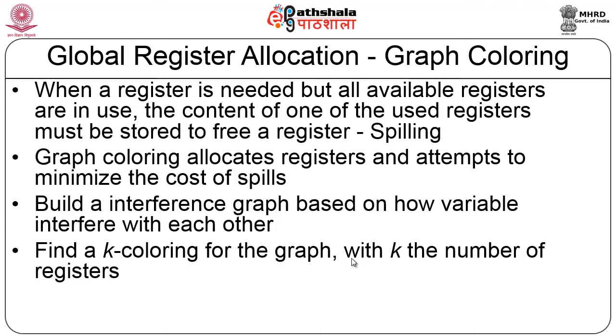Now what are my nodes here? My nodes correspond to variables and the colors I assign correspond to registers. So, if I have to translate this graph coloring problem to the register allocation problem, how many registers are required to assign to the variables such that no two variables which interfere with each other will have the same register? This interference graph will have edges assigned in such a way that if two variables interact with each other, then they will have an edge. So therefore, those two variables will not get the same color, rather, the same register.